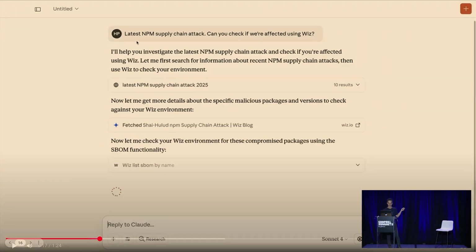So in a single prompt, right? Latest NPM supply chain attack. Can you check if we're affected using Wiz or not? What it did, it went online. It tried to figure out what the latest NPM supply chain attack was. Ironically, it also found the blog that we posted like an hour before, which is really great, that has all the information. And from that, it actually